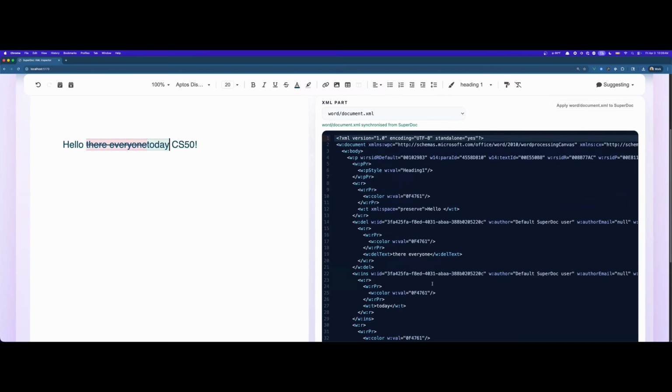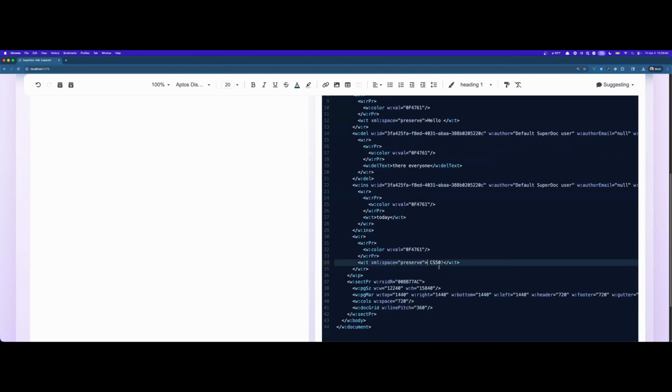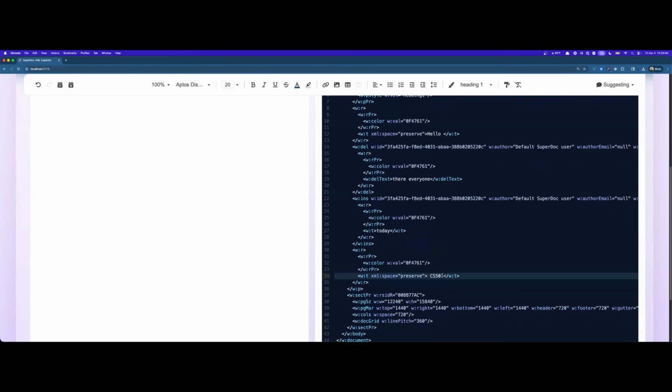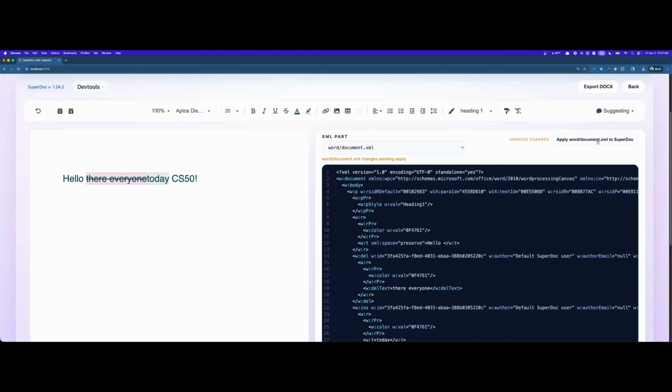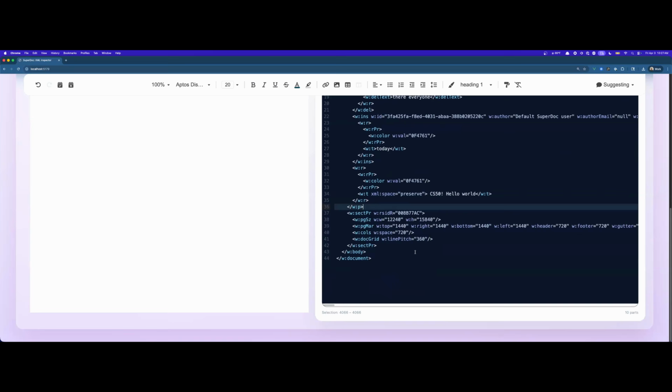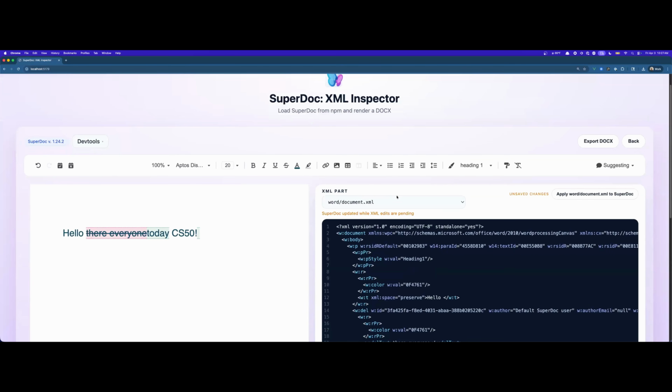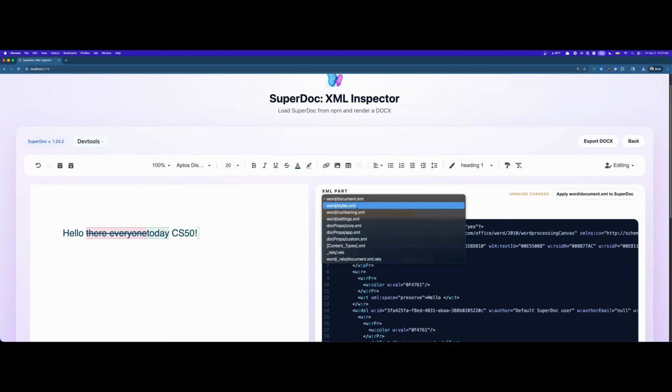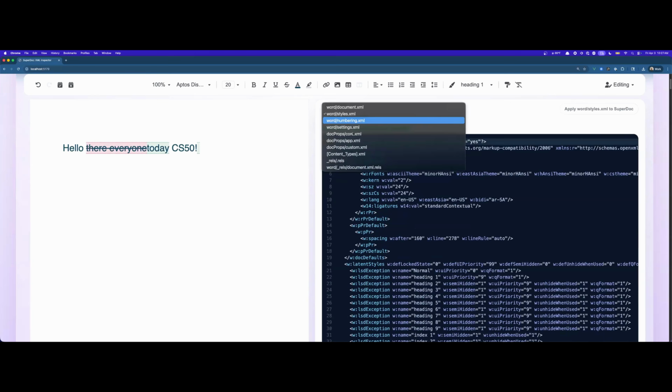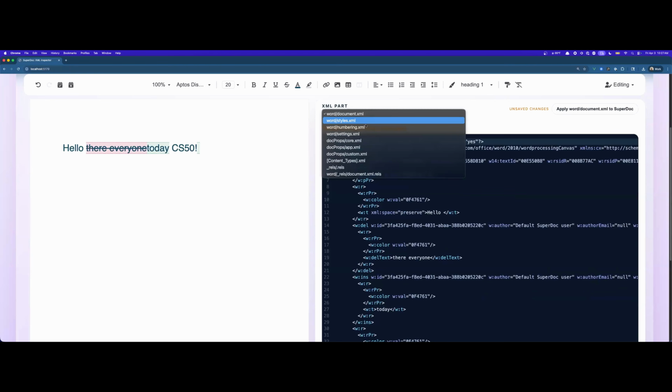And just in case you don't totally believe me that this is in fact the real file that you're looking at, I can say hello world maybe. Down here, I'm going to rezip it. Oh, it didn't go. Okay, that's okay. It should appear here. Actually, you know what? Let me show you something more exciting. Let me go to a different file. So again, there's multiple XML files. This one's called document.xml, but there's all these other XML files.